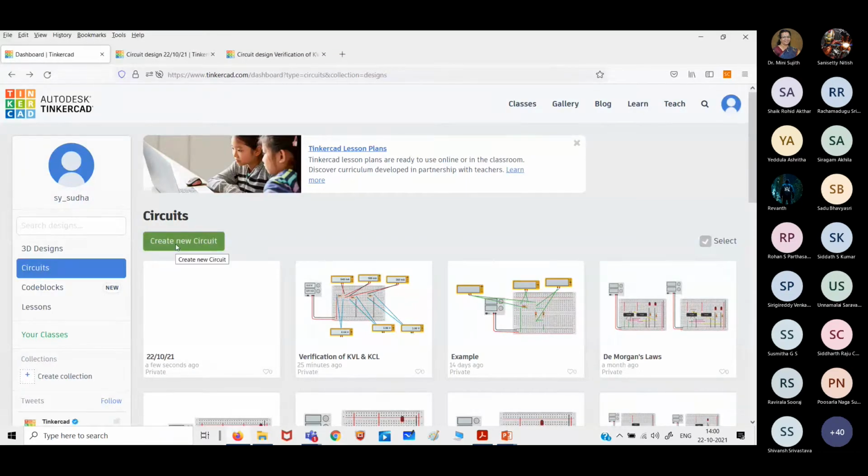You need to create a new circuit. All of you remember? Yes, ma'am. So maybe this Tinkercad part you can do along with me. Just open the Tinkercad immediately. So that hand in hand we can do. In case you are finding any difficulty, we can discuss regarding that and resolve it. Okay, open it quickly.